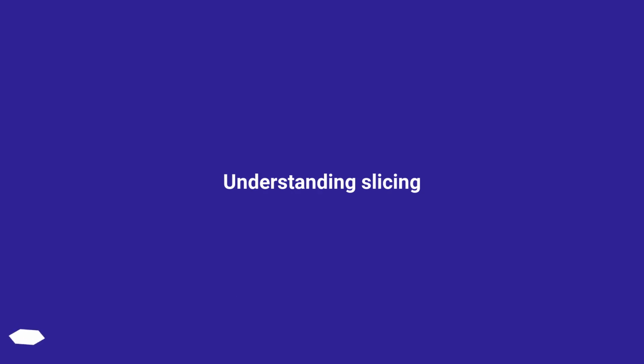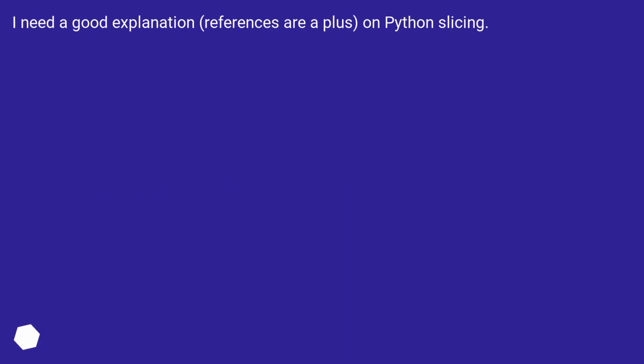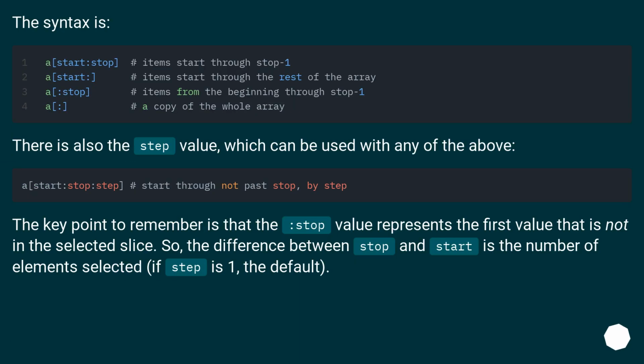Understanding slicing. I need a good explanation, references are A+, on Python slicing. The syntax is: